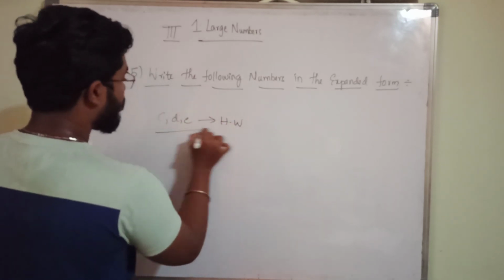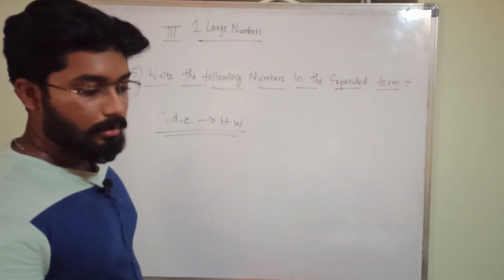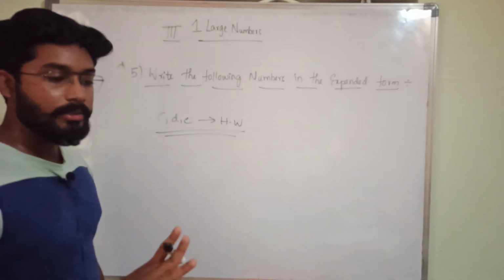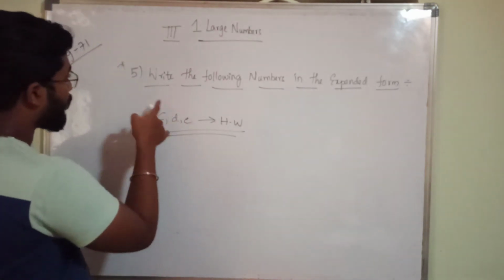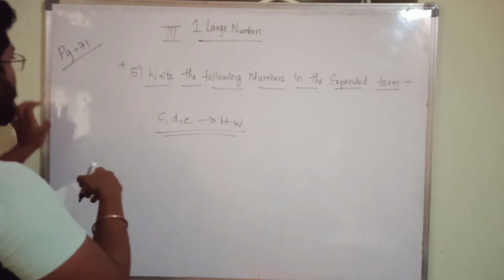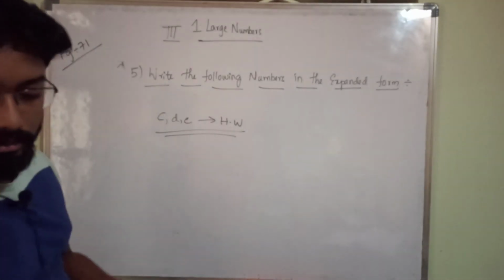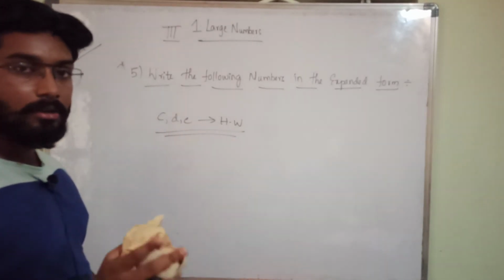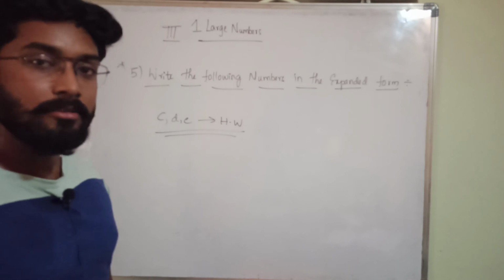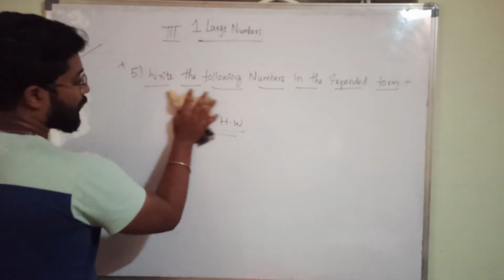Okay. Once again I will explain this in the next class, but I want to know whether you understood the concept or not. So you have to do the homework. C, D, E of 5th bit, page number 71 in your textbook. You have to do this for your homework. Next class I will say. Then you have to check whether you did it correctly or not. If any mistake is going, where it is going, you have to understand that. Okay? We will continue in the next class.